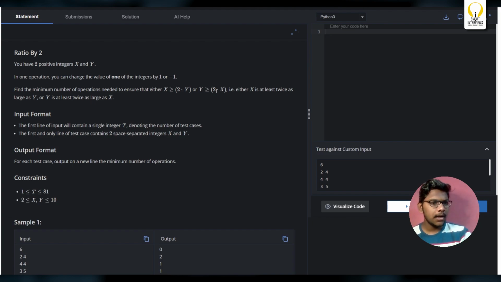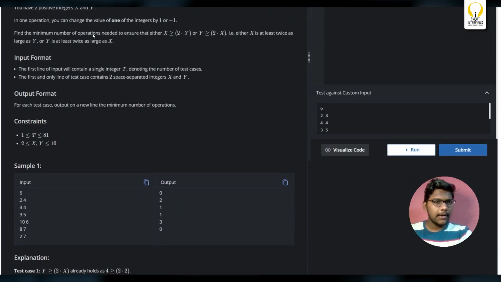Okay. You will be given t number of test cases. In the next t lines, you will be given two space separated integers which are x and y. Okay, fine. Even this is straightforward. Even the constraints are small. Now, the thing here is, we'll consider